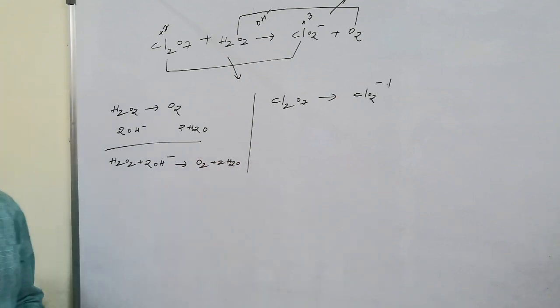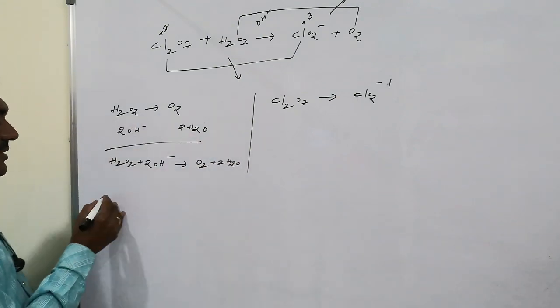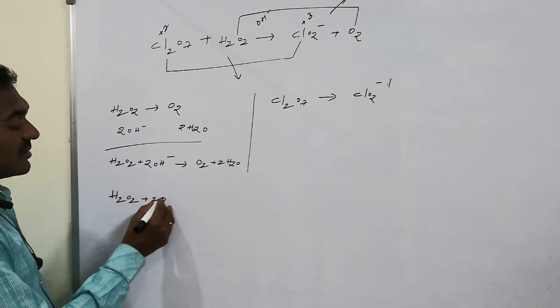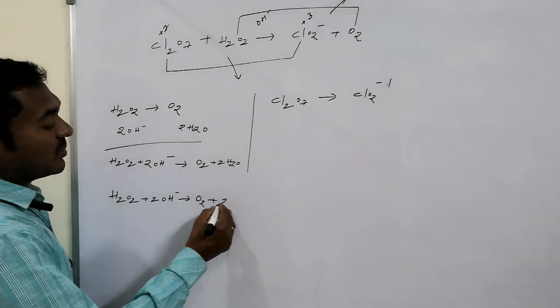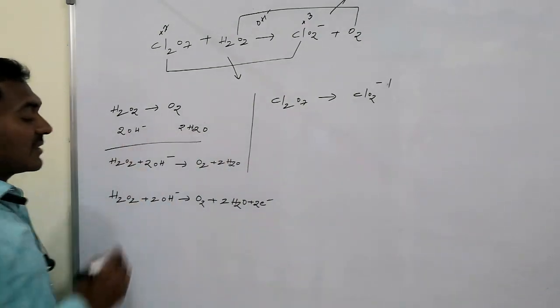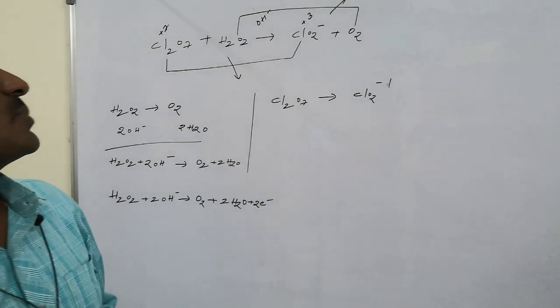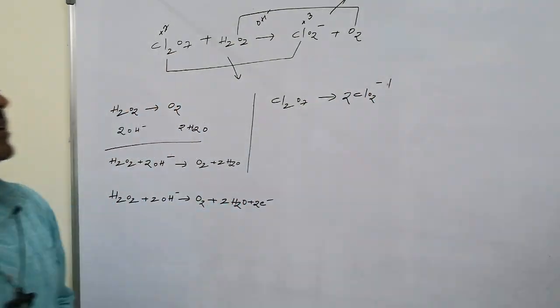This is the balanced format. It also has to be balanced in terms of charges. This net equation becomes hydrogen peroxide plus 2OH minus converted to O2 followed by 2H2O followed by how many electrons? 2 electrons. This is oxidation. Similarly, for the reduction part, we are expecting 2 chlorines, hence here 2 ClO2 minus,